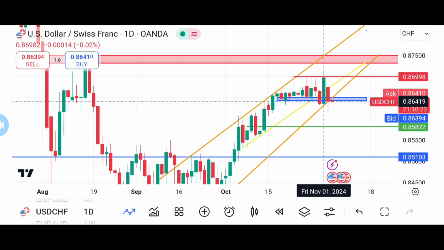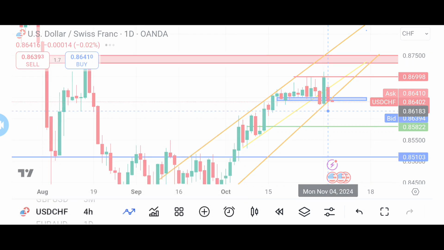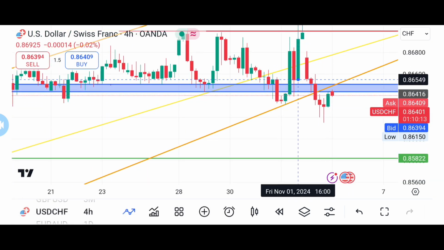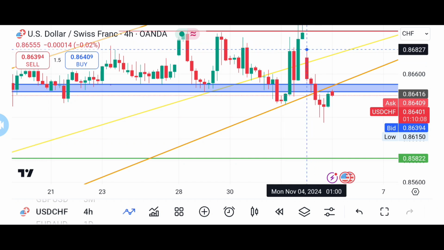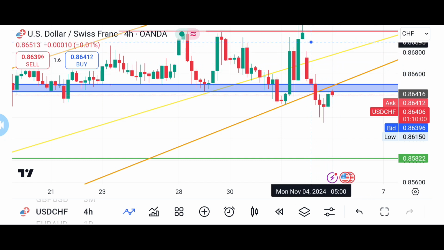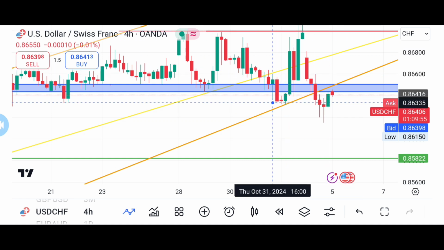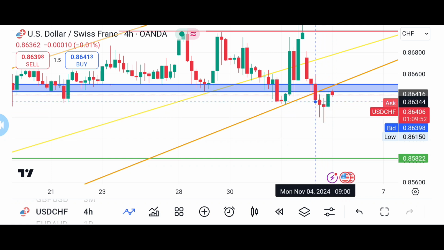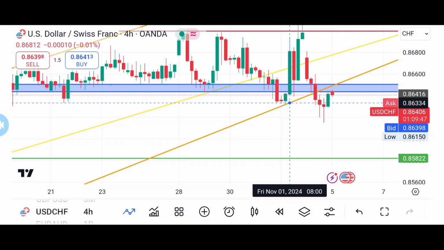Can you see? And then on the 4-hour time frame, you can see something. There is a gap. Can you see a gap here? A very significant gap here. And the market always tends to do what? The market always tends to fill this gap. And in the 4-hour time frame, you can see that the market came and grabbed the liquidity here, and then closed above